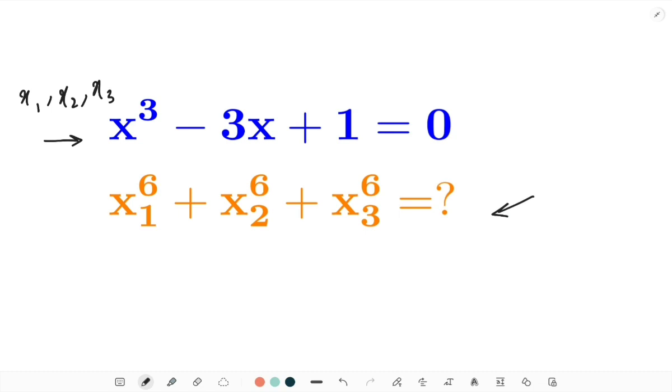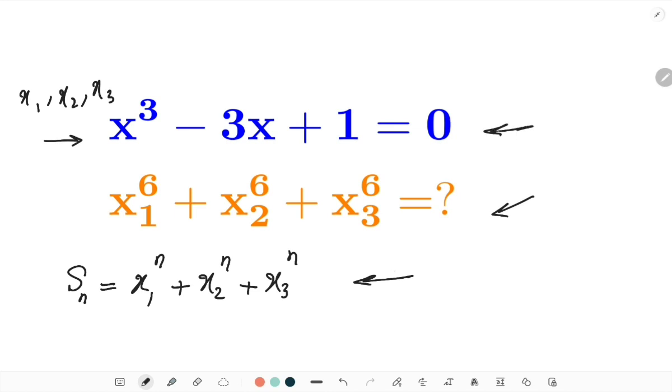Before I do that, let me first define some expressions. So let's define Sn to be the sum of power n of all the roots. So this is the most general form. So Sn is x1 to the power of n plus x2 to the power of n plus x3 to the power of n. And in order to find a general relationship for Sn, what I do is